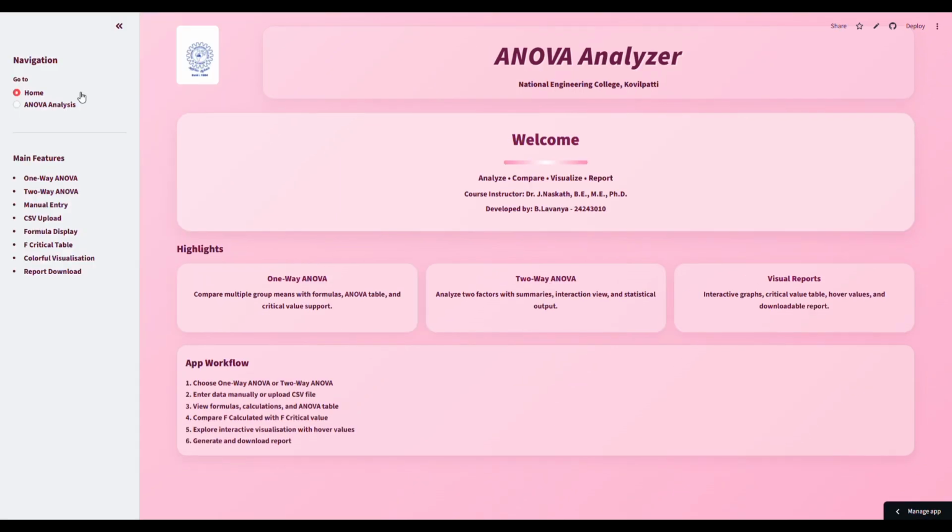I have used a sidebar navigation panel provided by Streamlit to manage the flow of the system. The sidebar acts as the main control panel for the user interface interaction. Using the sidebar, the user can select the type of analysis to perform, such as one-way ANOVA or two-way ANOVA. Based on the selection, the application dynamically updates the content displayed on the main screen. I have implemented Streamlit sidebar components like select box and radio button, which allow easy navigation between different